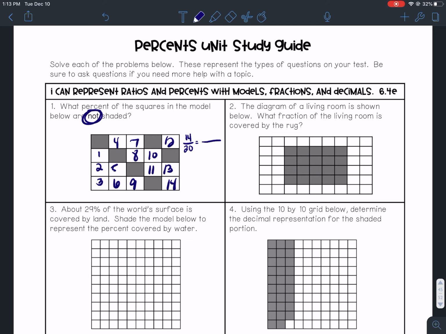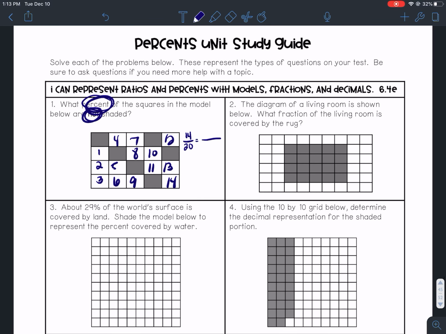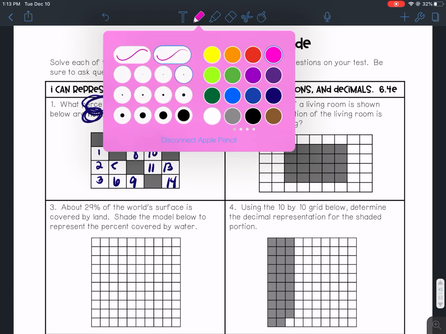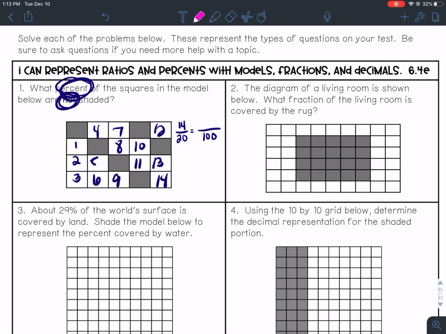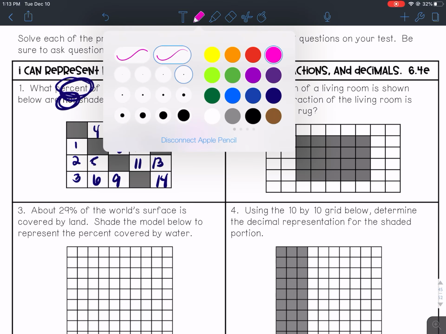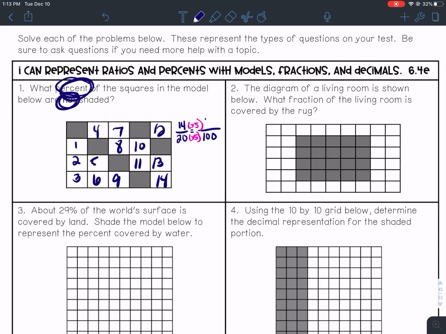Now, I want the percent. So that means I'm trying to figure out the percent. So I need to set my denominator to 100. Okay, so I need to ask myself, 20 times what will get me to 100? 20 times 5, 14 times 5. So when I multiply 14 times 5, I get 70. So 70% of the model